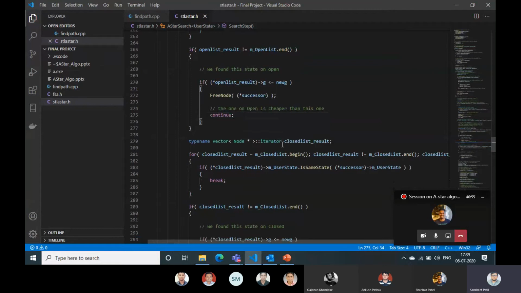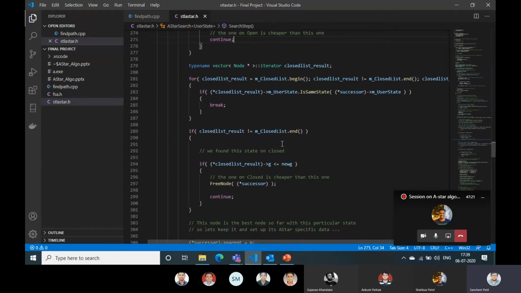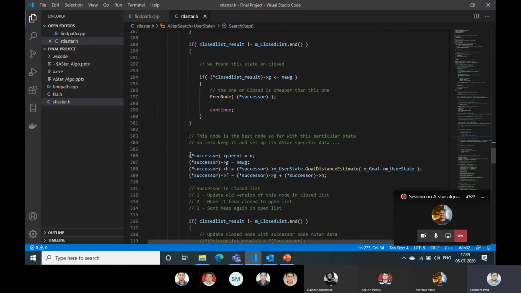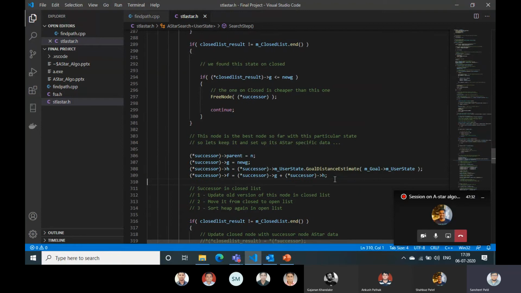and hence it will discard all the successors which it has above. For example, S to B: for the first state, if we take S to A, S to B, S to C, S to C was the optimal. But what about S to A and S to B? S to A's successors were finished off, and S to B's successors were also discarded for that instance, and then we moved forward with the successors of C. So basically it just moved to the successor of C, and then we have stored the C point in the successor's parent node.